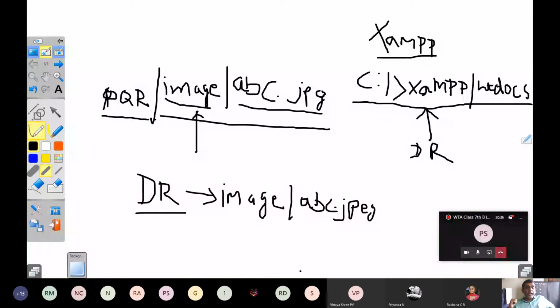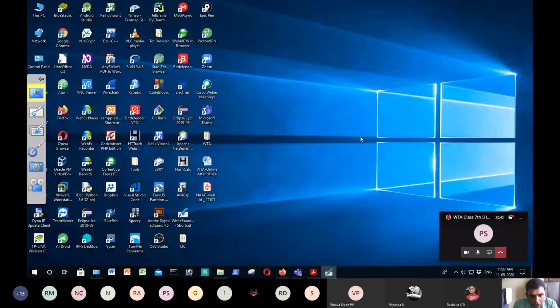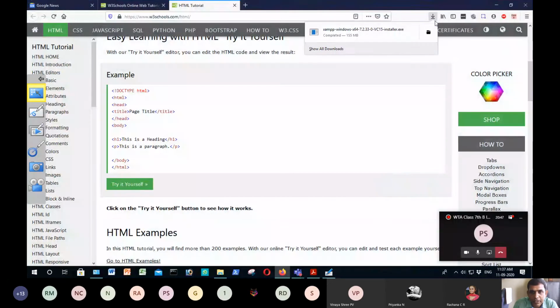So this is relative addressing. You can go and see the document root and find it. I just uninstalled XAMPP, so I will try to install it, and I am going to show the document root where it is located on Windows.